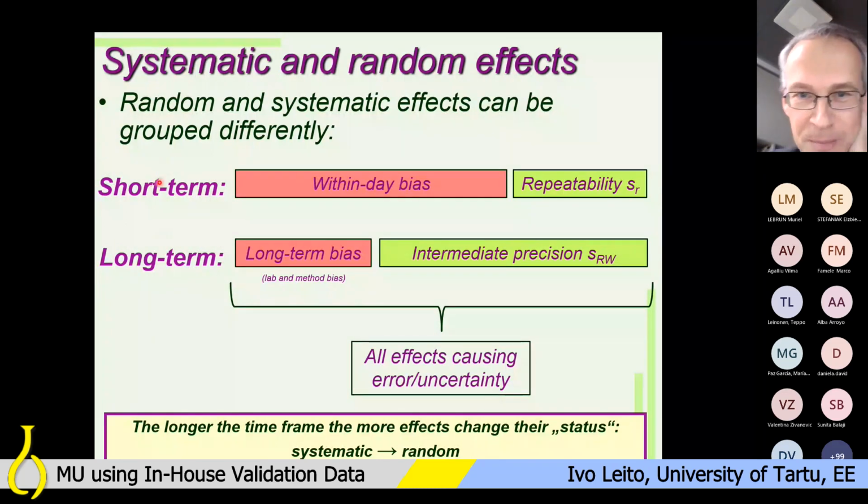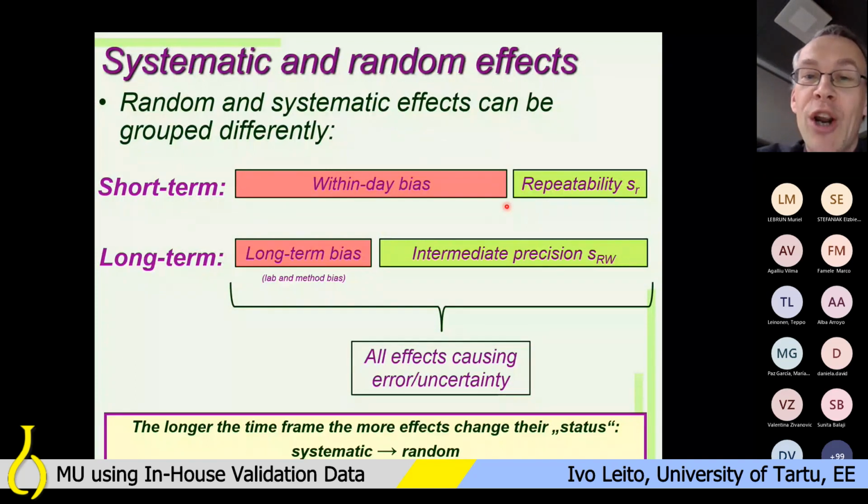Let's start with the short-term. Here, all the effects that affect the measurement result, meaning all the sources of measurement uncertainty, can be broken down into random effects within a day, which is oftentimes characterized by repeatability, and all other effects which